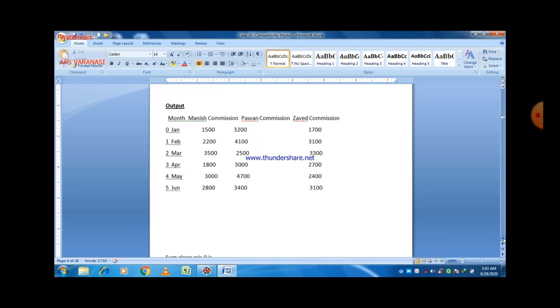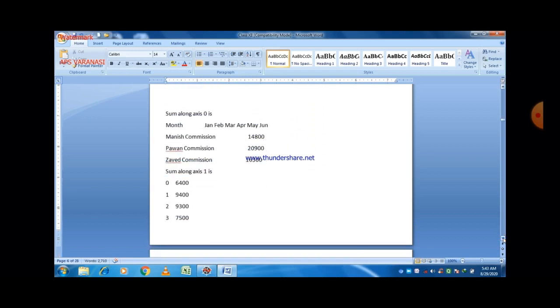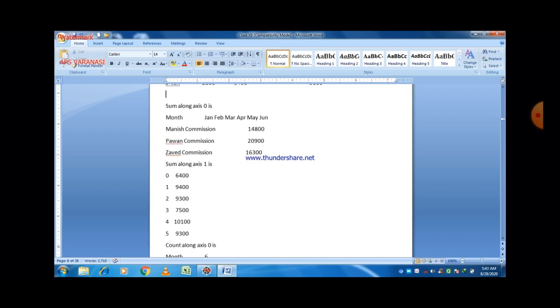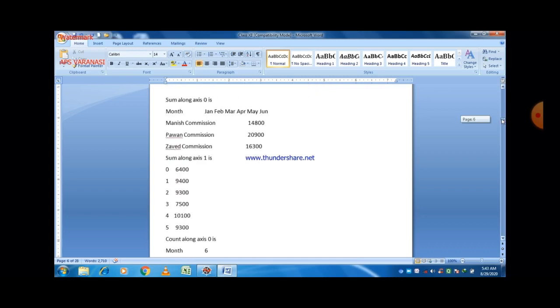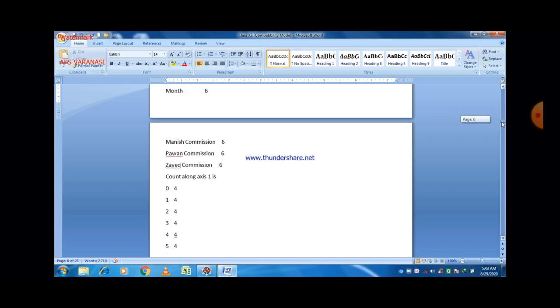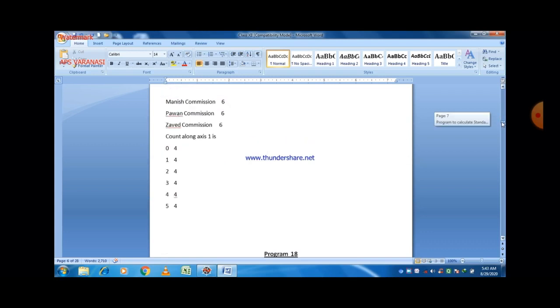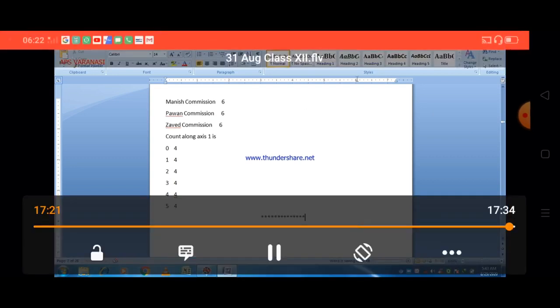So this is the data frame here, and after that the sum along axis 0, that is the output along axis 0. And along axis 1, that is our output. And finally count. Along axis 1 there are 4 values, so the count here is 4.